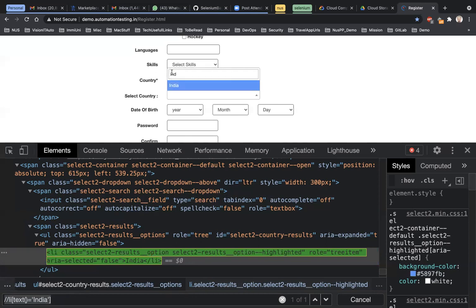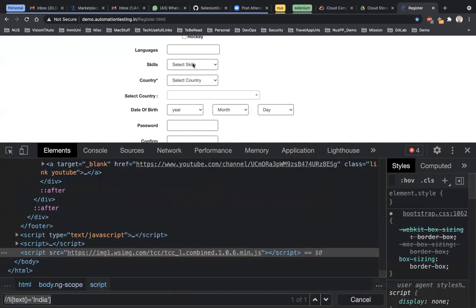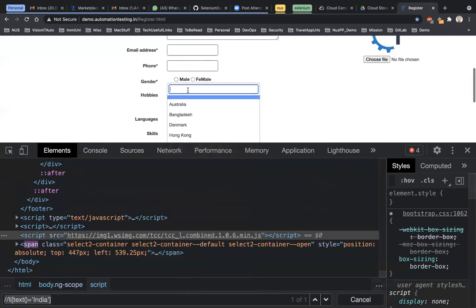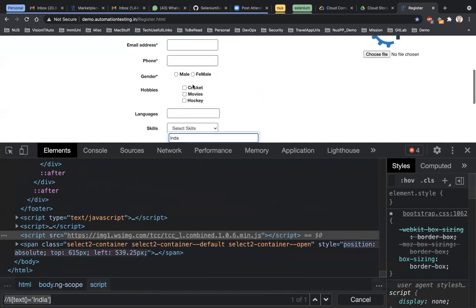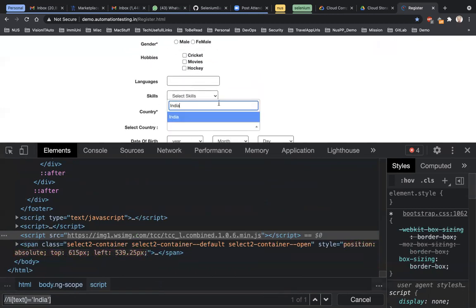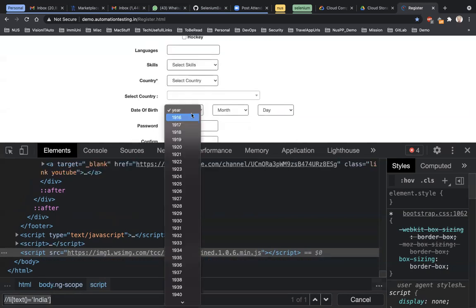So this is a two-step process. First is, or rather three-step. First you click on this, sorry, select country, you click on this, it gives you a pop-up, then you enter something here, second step, then a country will come here, then the third step is this. So you have to identify three elements, and every time you have to first send keys and do a click. This could be a challenge for a few of you. Try to do this as an assignment, as an activity.